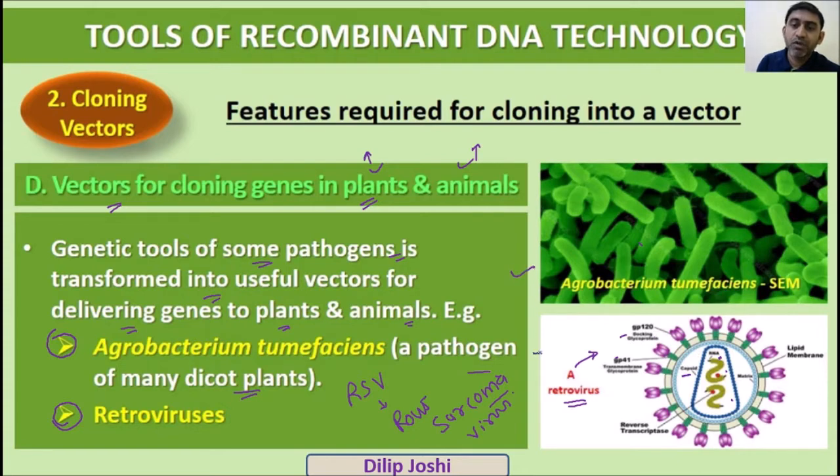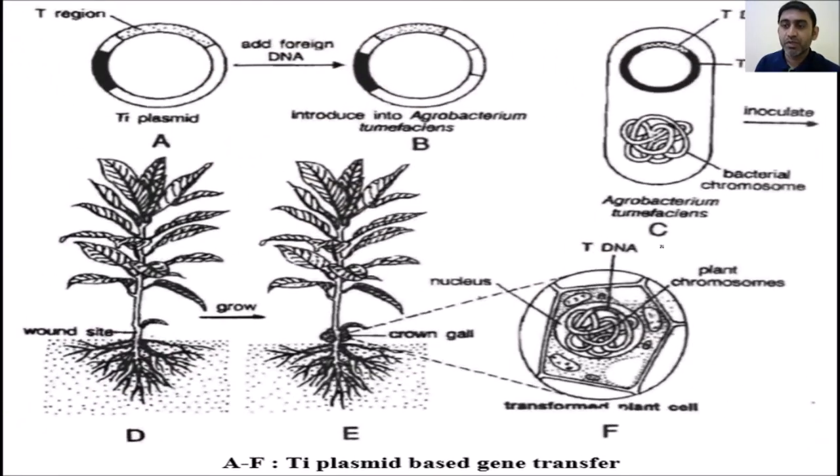And this is Agrobacterium tumefaciens. Remember the name: agro means agricultural land, and tumefaciens means tumor inducing. Most strains of this bacteria carry the tumor inducing plasmid, that is called the Ti plasmid. In nature, generally this Agrobacterium tumefaciens attaches to the leaves of plants and the Ti plasmid is transferred into the plant cell. So this plasmid becomes incorporated into the plant chromosome.